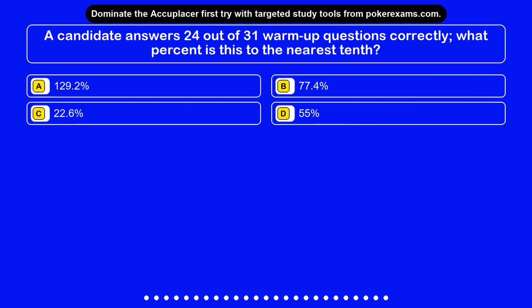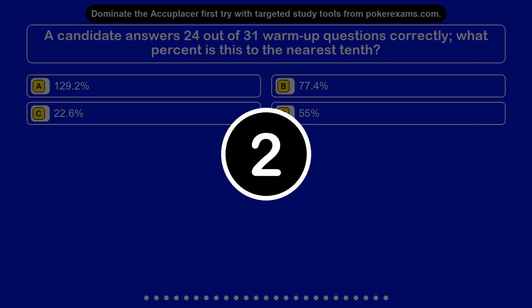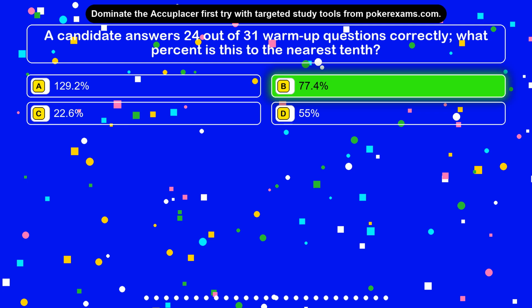Question 4. A candidate answers 24 out of 31 warm-up questions correctly. What percent is this to the nearest tenth? Option A, 129.2%. Option B, 77.4%. Option C, 22.6%. Option D, 55%. The correct answer is option B,